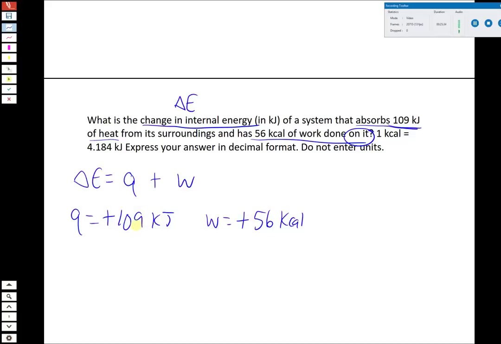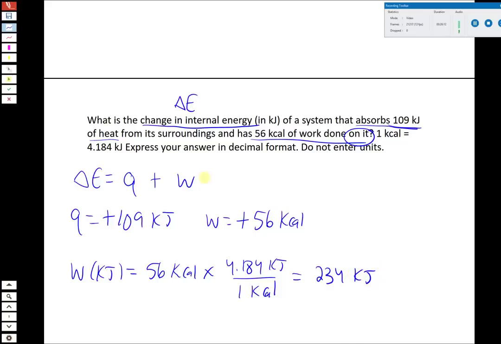Now the problem here that we're left with is that these are in two different units. I believe this one wanted it in kilojoules, even though it's not obvious from the wording that I have. So we have to convert kcals to kilojoules. So the work in kilojoules is going to be 56 kilocalories, and then it's 4.184 kilojoules per 1 kilocalorie. We gave the conversion as, yeah, exactly that. So we're going to just use that, and we multiply by 4.184 and get that our work is going to be 234